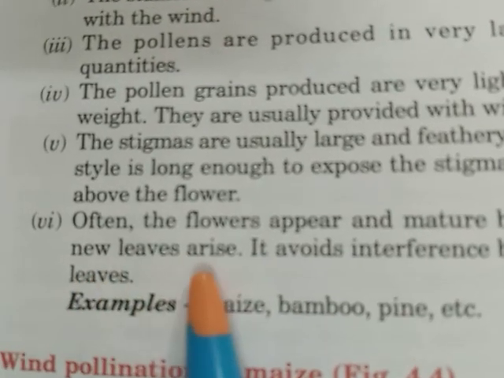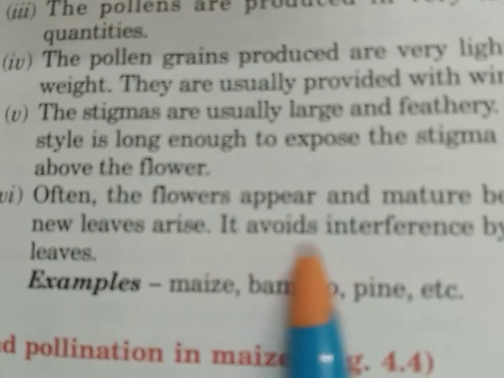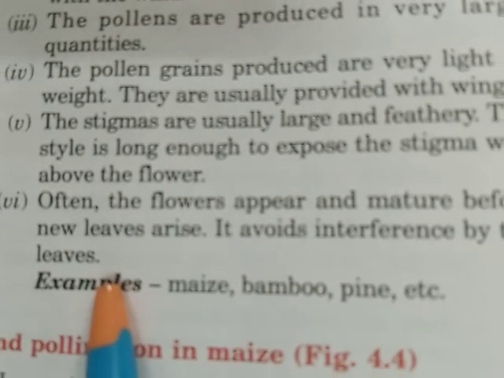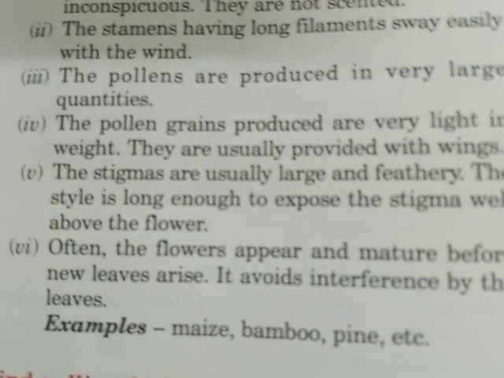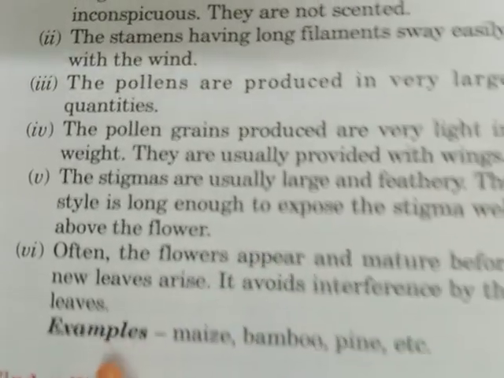Often the flowers appear and mature before new leaves arise. See about the maturation of the flower. They mature before the new leaves arise. So before the arrival of the new leaves, these flowers mature. It avoids interference by the leaves. To avoid the interference caused during pollination by these leaves, the flowers mature before the arrival of the